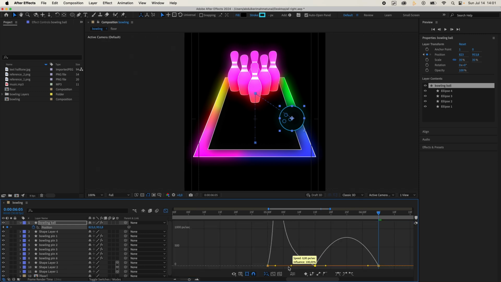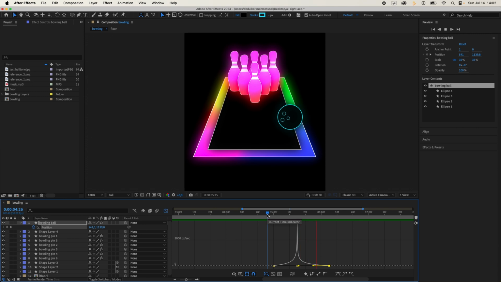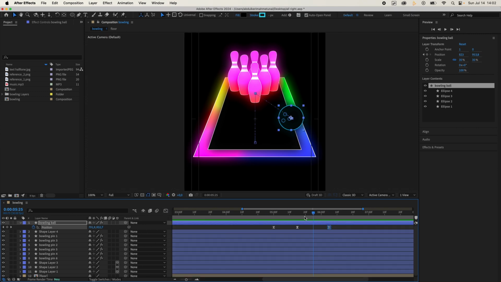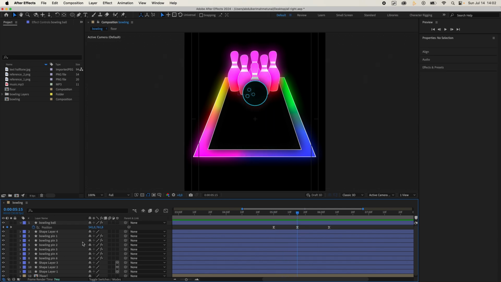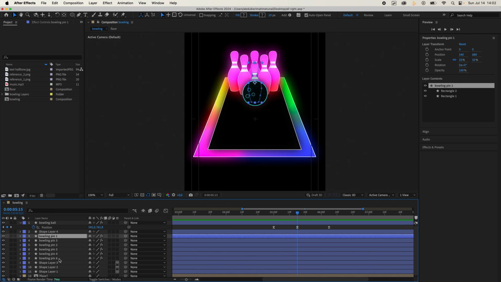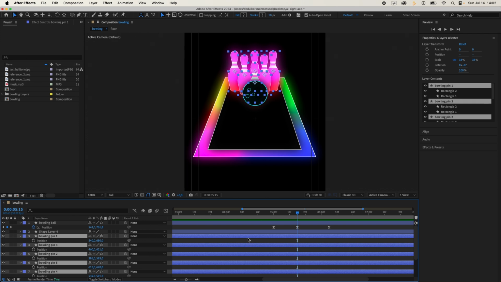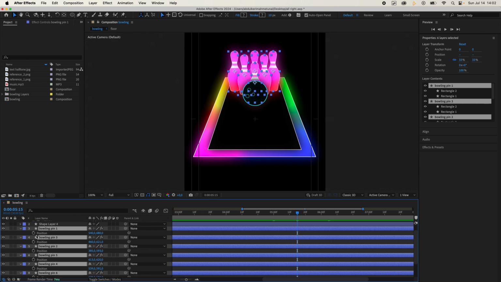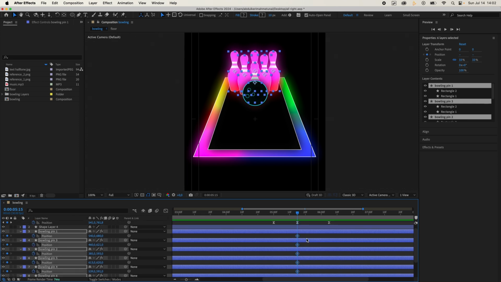what I do. I don't know how to explain this one, maybe something like that. Okay, and for this one, alright, this is the graph you should do. Let's see. Okay, nice. Now what we have left is just these pins. Let's come here, second 5 and 15 frames, and select the bowling pin 1 and all the bowling pins, select them and press P to see the position. Let's create a keyframe for the positions and copy them, guys,